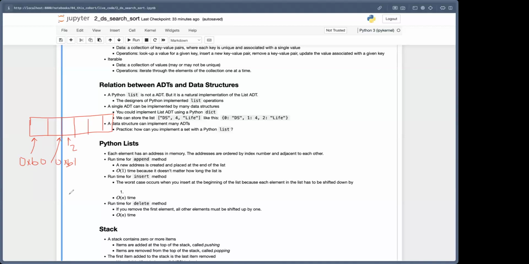When we need to access, for instance, index 3, the way we do that is by using the address of the list, which is stored in our program as 0xB0, and we add 3 to it. So the index that we want to find, we add that to the address in memory, and that's how we